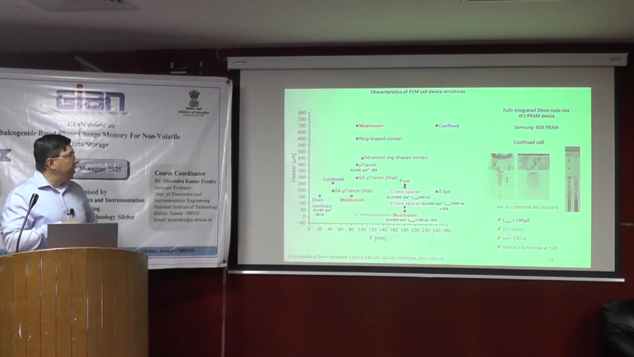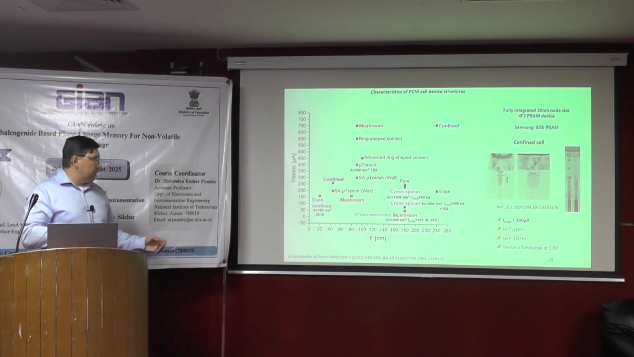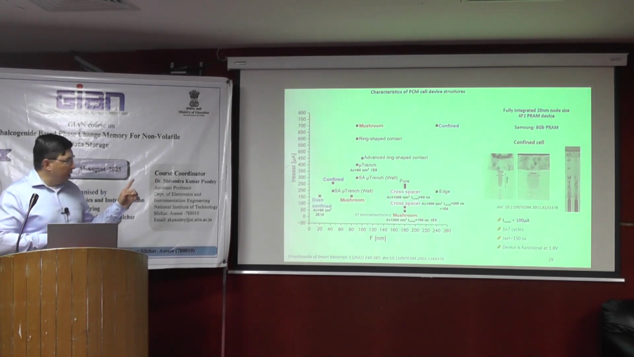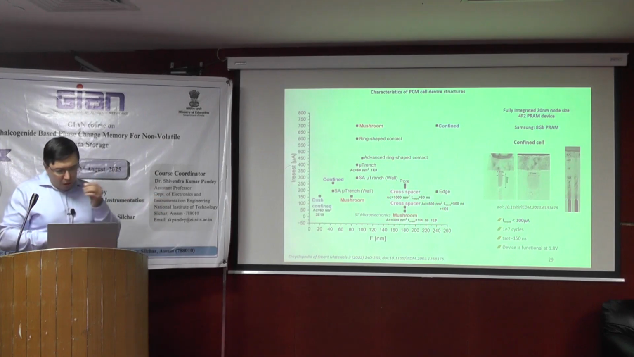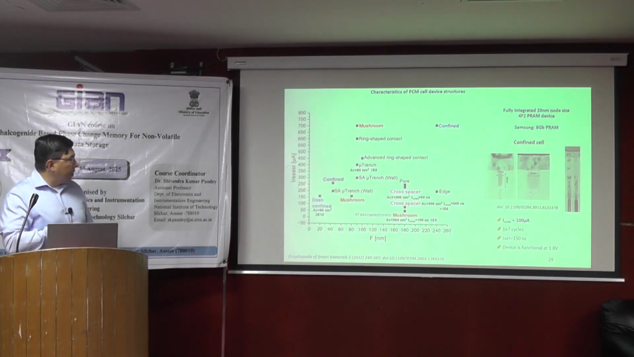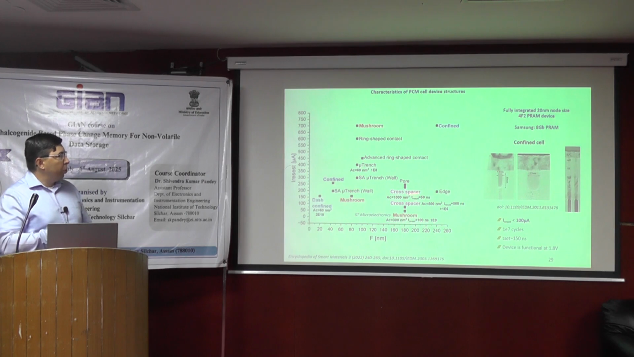So what we can see is that in the mushroom cell, which was the standard cell before, you can reach different currents, but by reducing F, the node, you can get currents on the average of 100 microamps. If you remember from the lecture this morning, we need reset currents in the range of 200 microamps, and if you make lines here, you will see that different types of technologies